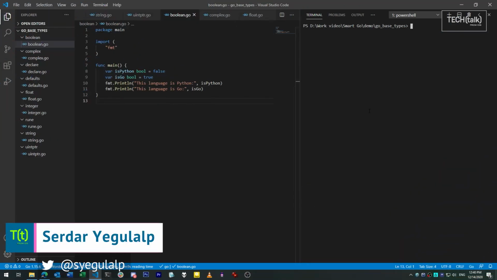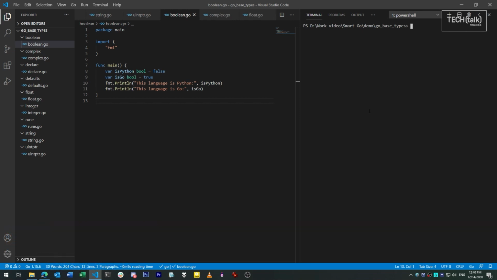In this episode of Smart Go, I'm going to give you a quick tour of the basic data types in the Go language and how variable assignments work with them. Now, every language for computing has a set of basic variable types. These are the building blocks out of which other types can be composed. In Go, the basic types ought to be familiar to anyone who has come from a low-level language like C, since many of Go's types are meant to reflect what's available on the hardware of most computer platforms.